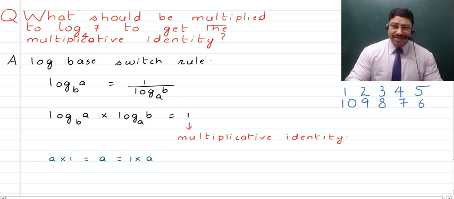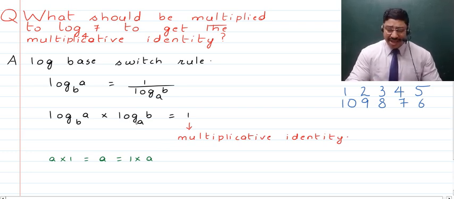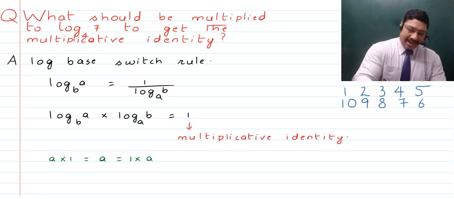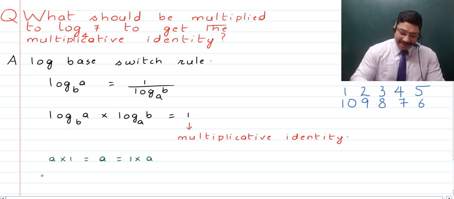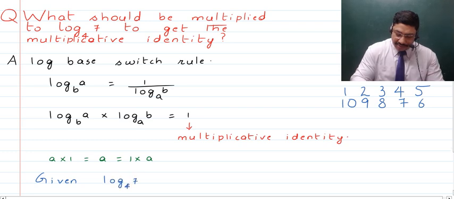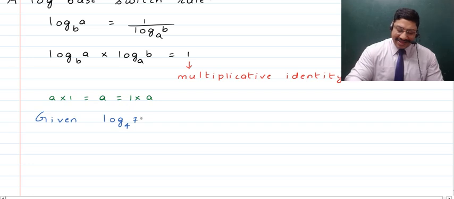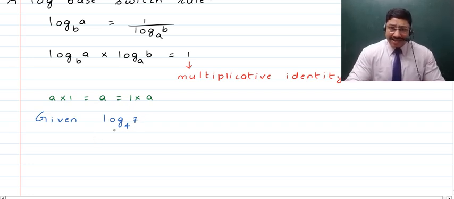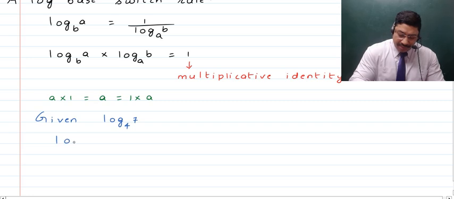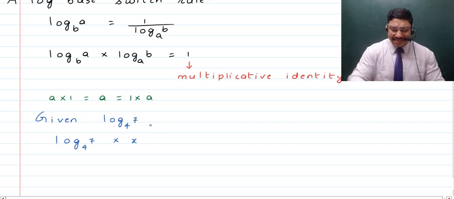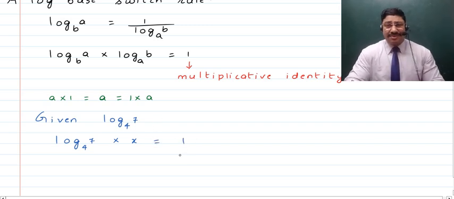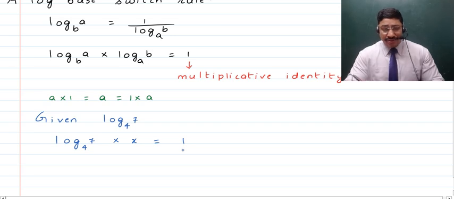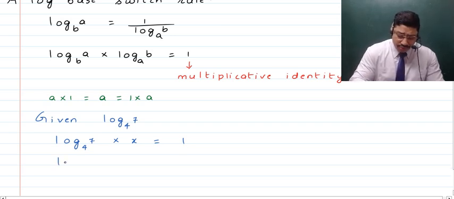Now children, using this log base switch rule, we've been able to get to the multiplicative identity. And now since we've been given here that this number we have is log of 7 to the base 4, right? And we require to multiply it with some number so that we can get to the multiplicative identity. So we can now say that if log 7 to the base 4 is multiplied with some number, say x, then we should be able to get to the multiplicative identity, that is 1. And now, since we've seen this in the log base switch rule, we can now write this to be log